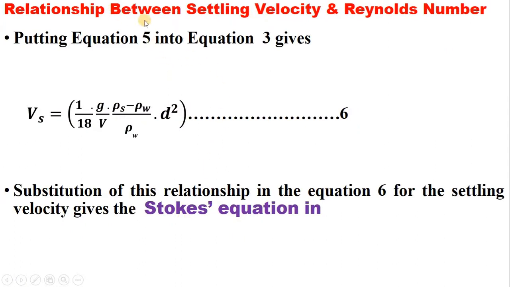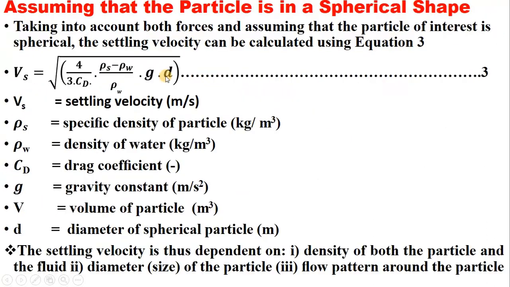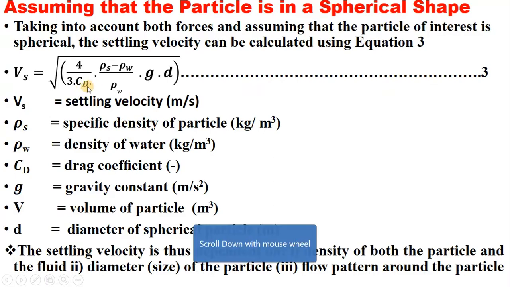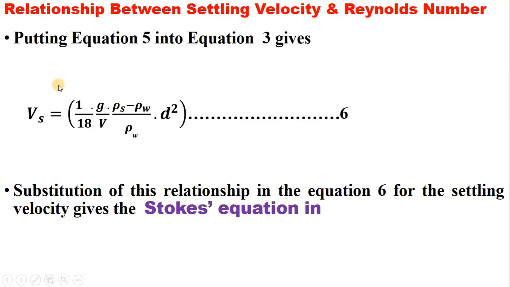Now, the relationship between settling velocity and Reynolds number. We are putting equation 5 back into equation 3, which gives us this. We are substituting for the drag coefficient to be able to get the relationship between the settling velocity and the drag coefficient. So when we substitute, we are going to have that